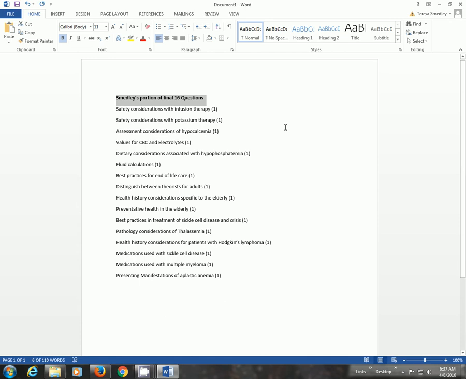On the first, you want to look at safety considerations for your IV infusion therapies. And if you'll notice, the second one says with potassium, you want to look at both the just plain infusion therapies and your potassium therapies for your safety considerations. What are you going to look at as far as IV sites? You need to know about what you need to look at with potassium therapy before you start it, during the running, and